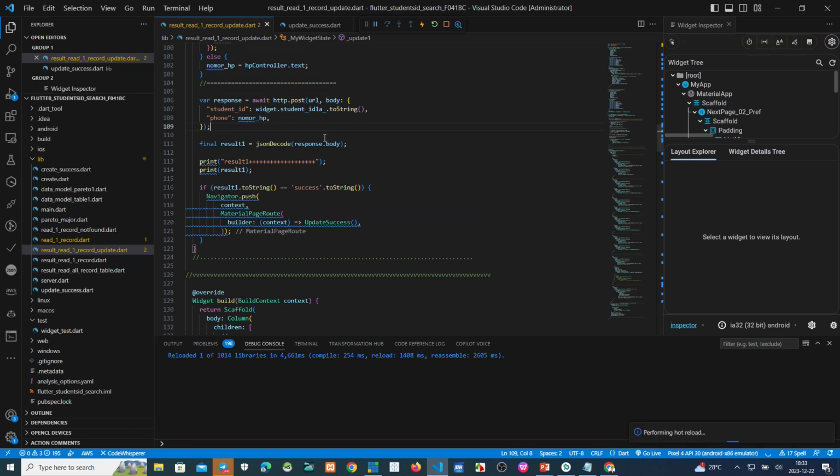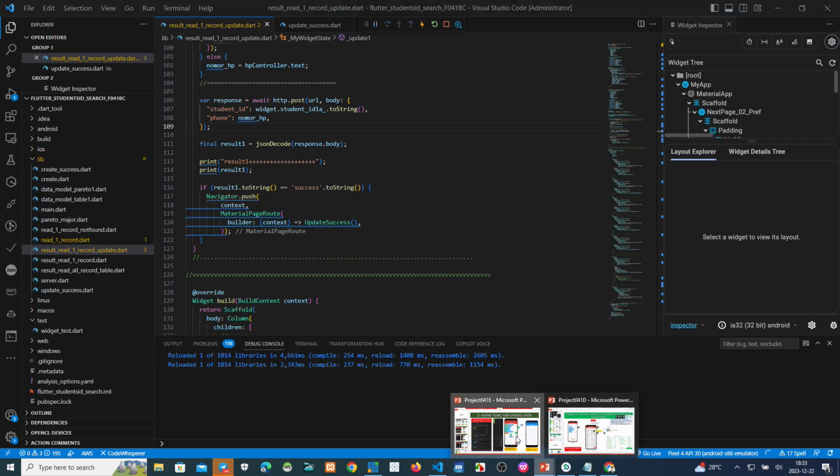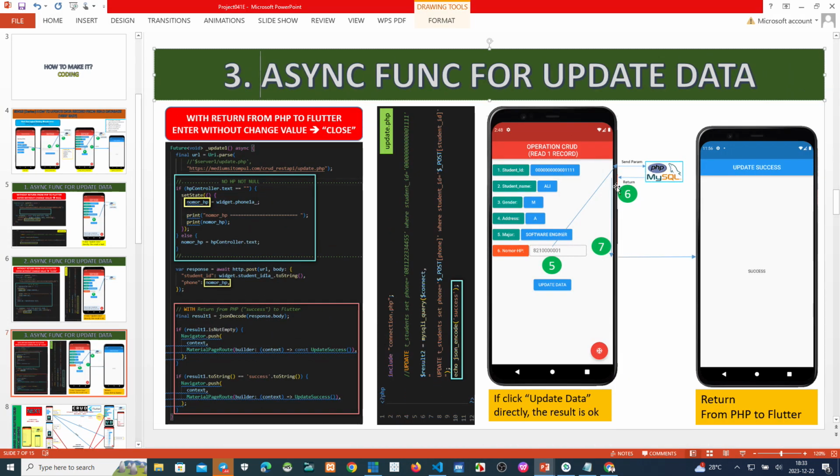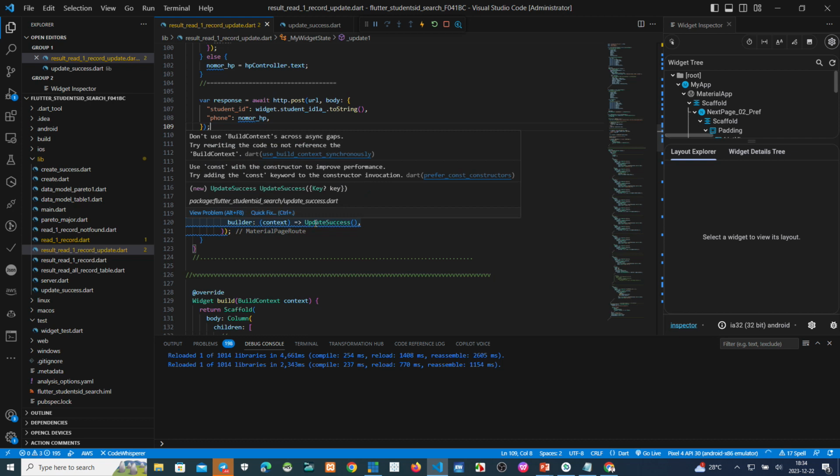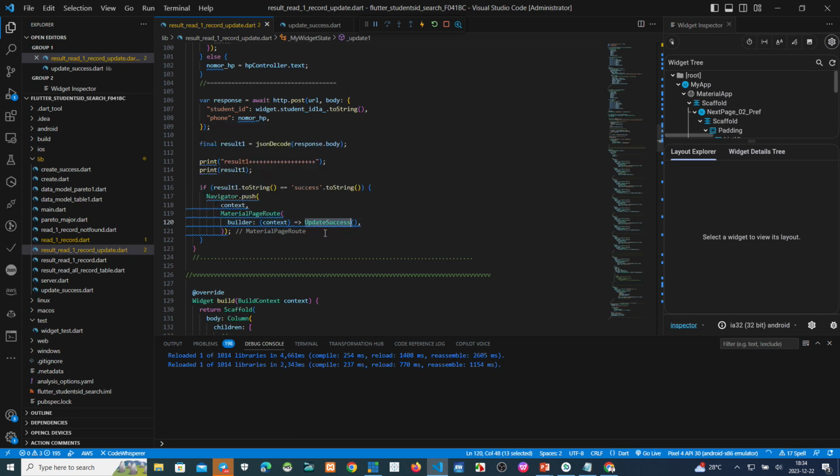It means if we receive the return from here, and the content of the return is success, so the script will be moved to this page, UpdateSuccess.